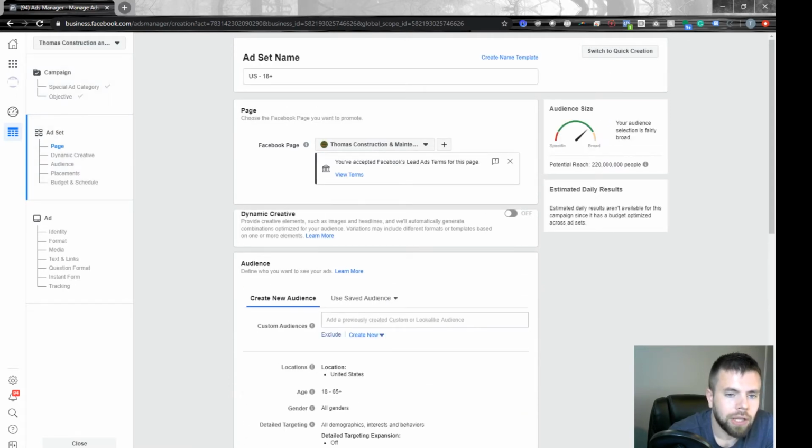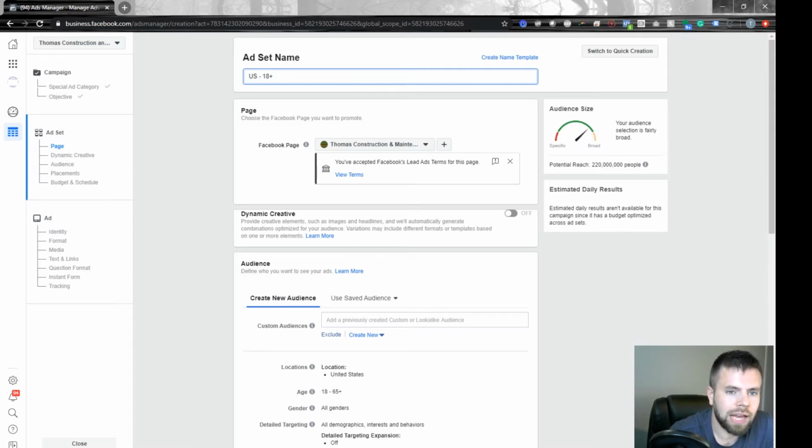Within the ad set, we have a few more options here, mostly in regards to who we're going to put the ad in front of, and also some of the creative placement. So again, here's the spot for the ad set name. This is just a recommendation. What I like to do is name the campaign, the ad set, and the ad all the same. And then if I have any variations, I like to maybe put that variation at the end in